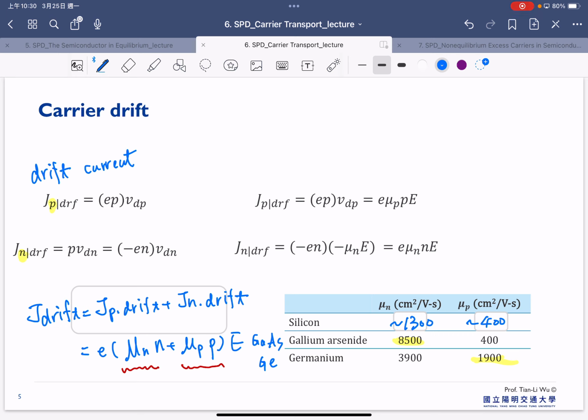For example, silicon is good, it's stable, and we have a good SiO2 as a dielectric, we have good electron mobility, but we have very low hole mobility. So that's why if you look at a simple transistor such as a MOSFET,